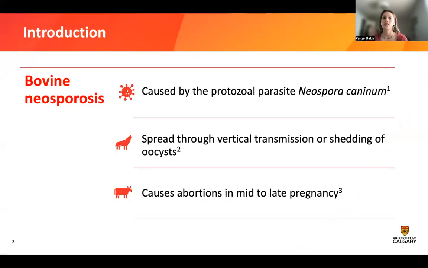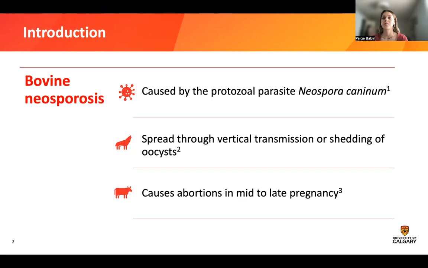What is bovine Neosporosis? Bovine Neosporosis is caused by the protozoal parasite Neospora caninum, and it affects dairy cattle worldwide. Bovine neosporosis is often a chronic infection that persists throughout the lifespan of an affected animal. It is spread through vertical transmission, so from mother to calf, or is shed in the oocyst in the feces